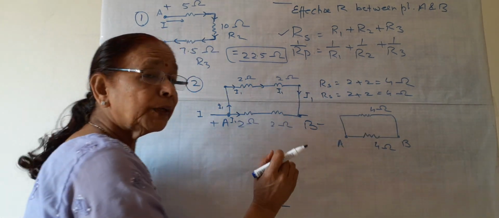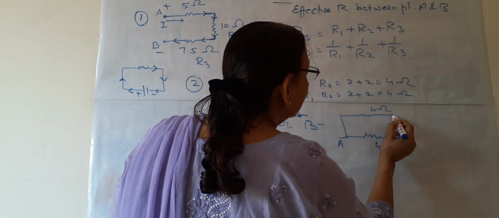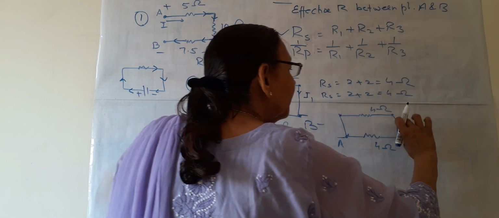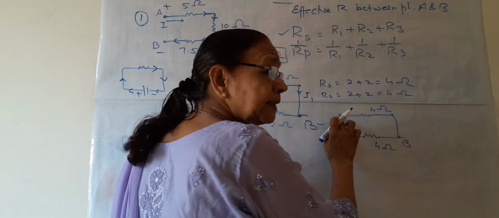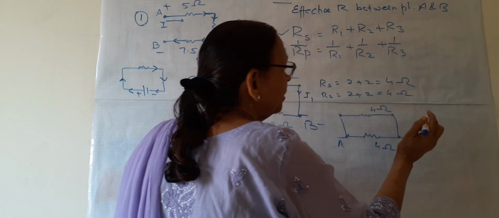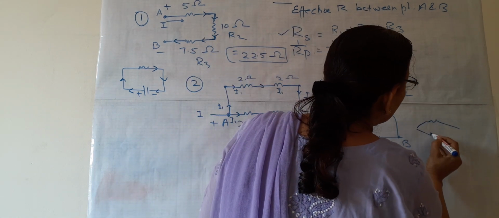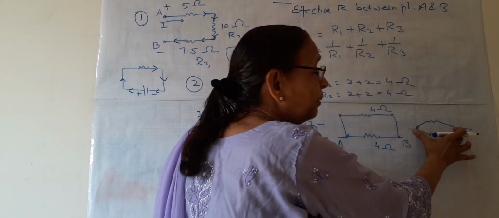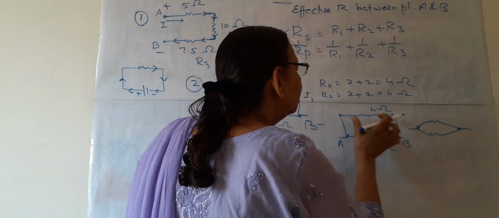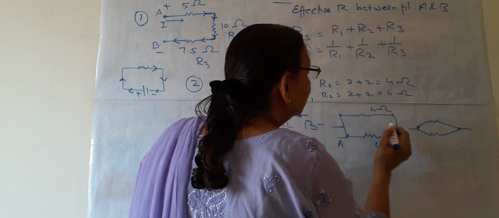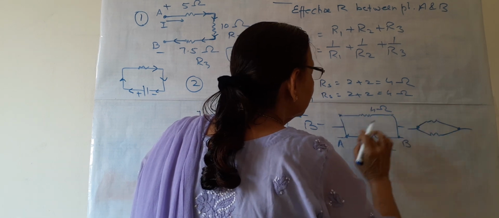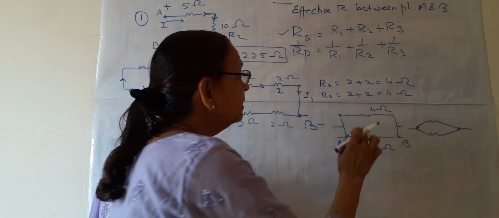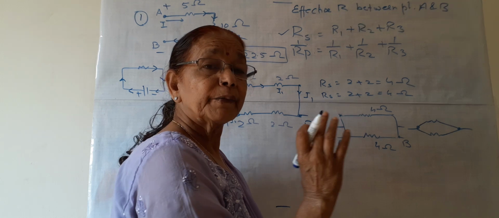How are they looking? Both their ends, this, this, this and this, are at one potential. This and this are at the same potential, this and this are at the same potential. Like we draw in parallel, these are between the same potentials. These two are lower, these two are higher. So we can see that these two are now in parallel.